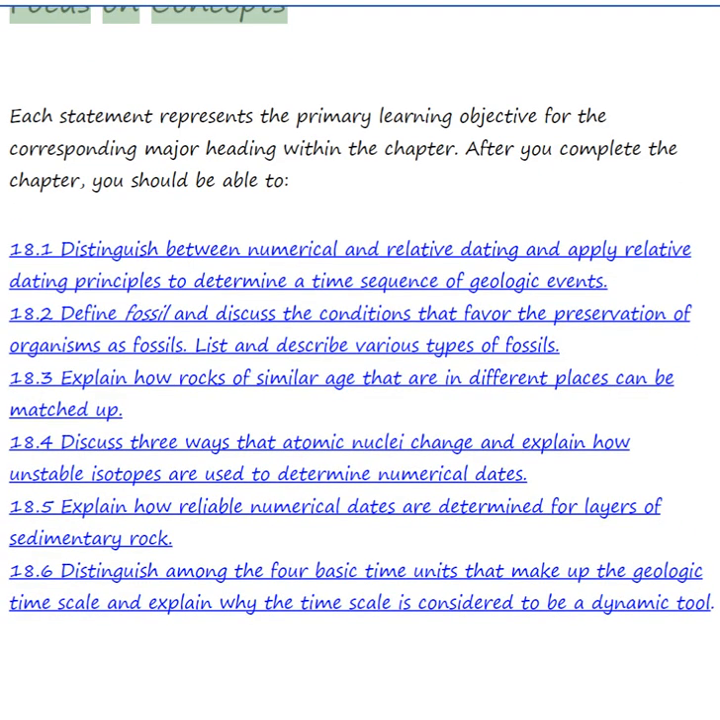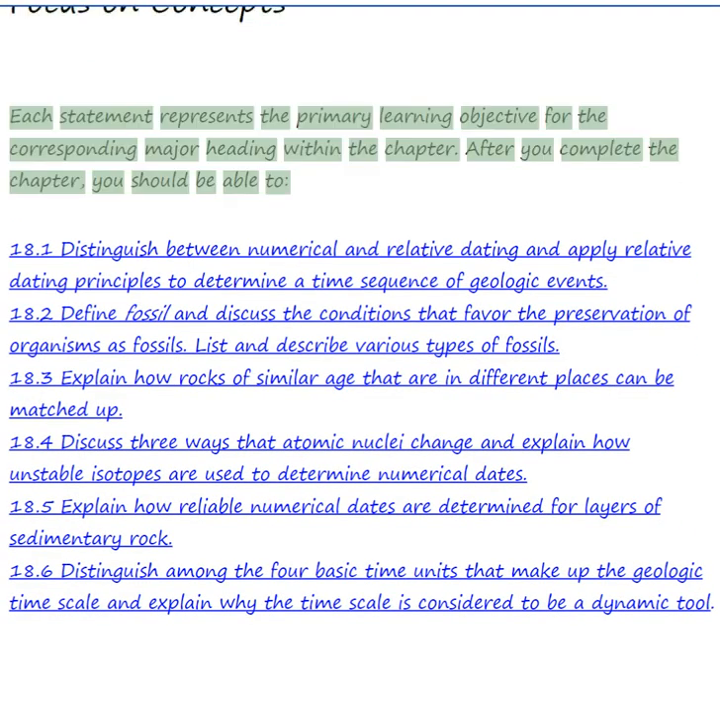Focus on concepts. Each statement represents the primary learning objective for the corresponding major heading within the chapter. After you complete the chapter, you should be able to